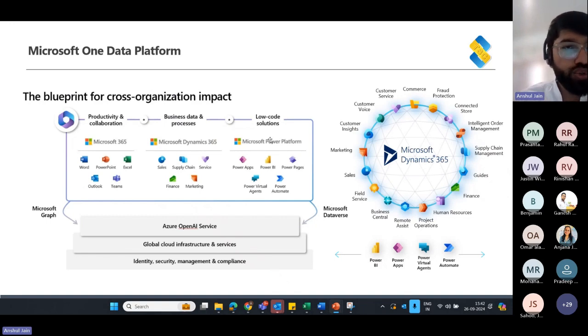In case you are new to Microsoft One Data Platform, Microsoft is probably the only organization which has all the solutions which a business might require. Starting, they have all the length and breadth of solutions available that covers end-to-end business processes, be it productivity and collaboration tools that we are using day in day out, Word, PowerPoint, Excel, Outlook, Microsoft Teams,